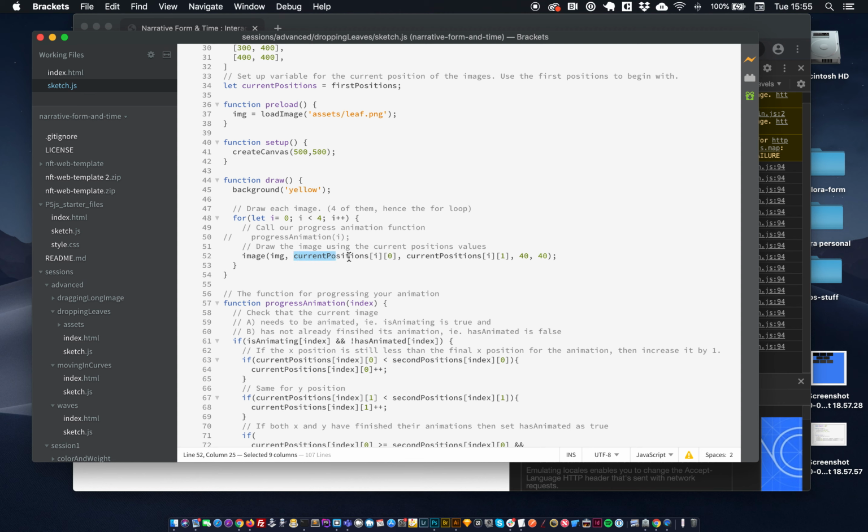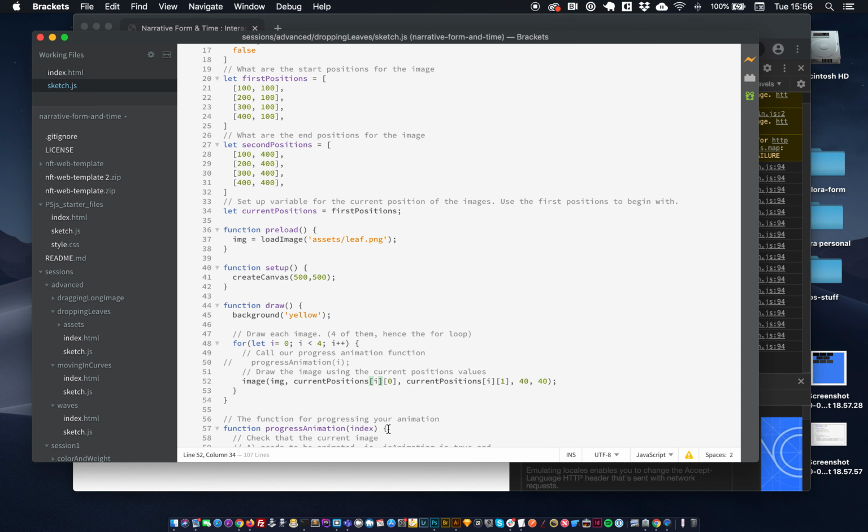So you can see here how we're accessing the current positions: we're going to use this little I value. In a for loop, we can use I as a number that increases every time we run it. So the first time we run it, it's going to be equal to 0. That's where we start. And then every time we run this, it's going to increase. This means that we can draw our image and access each